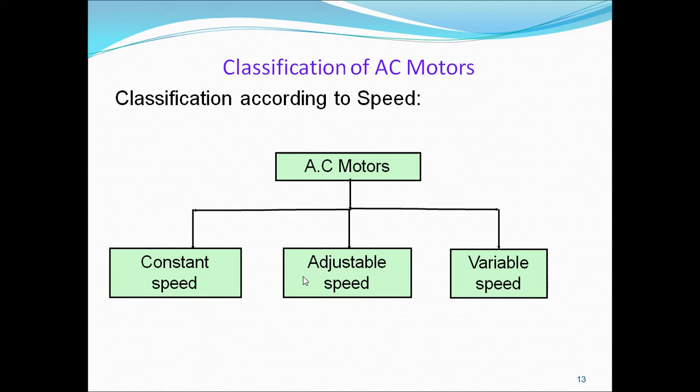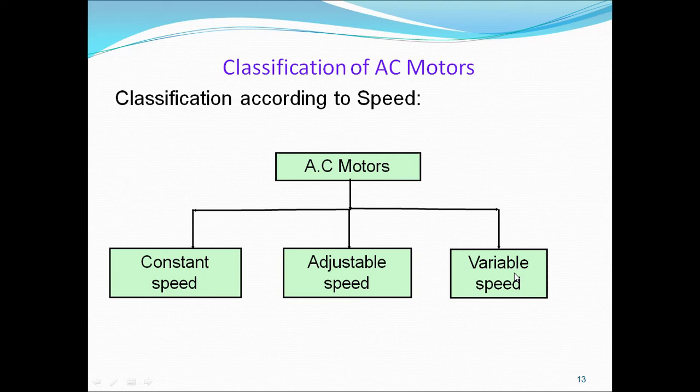They will put two terminals. Between those two terminals, if we give the connection, it is two poles. They will put another two terminals; if you connect those two terminals, it is four poles. So when the number of poles is changing, automatically the synchronous speed changes. So poles are changing and speed is changing. That is adjustable speed. This also we have to design at the time of manufacturing only.